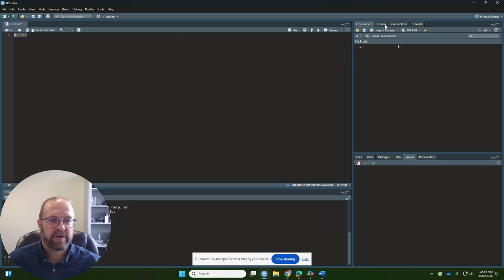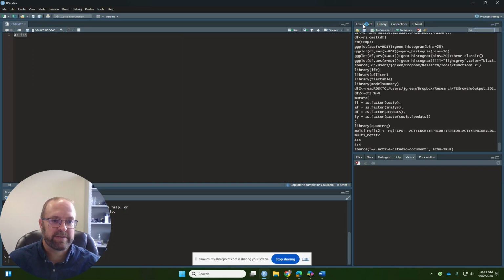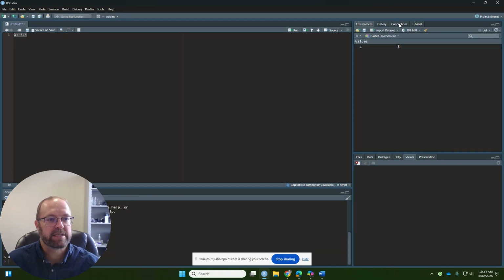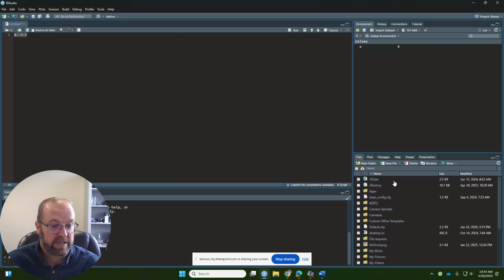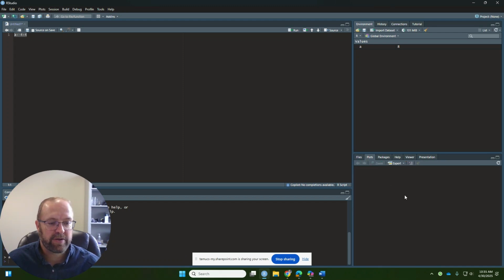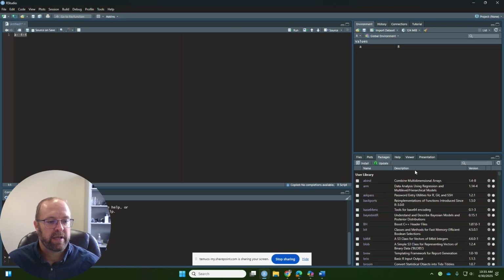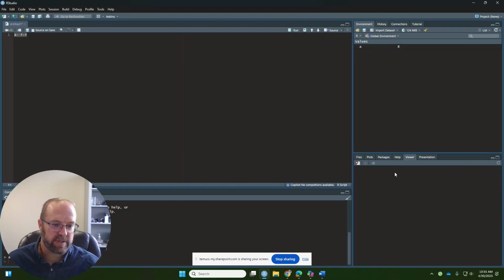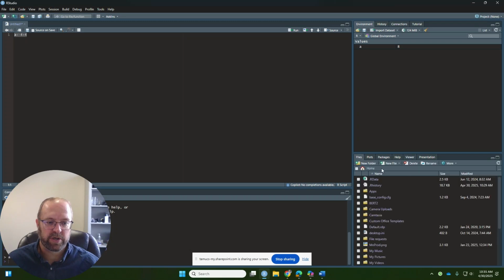We also have a history of the commands we've written. Mine has some history from other things that isn't that important. Then we also have at the bottom files that you can look up in your directory, plots that will come out as we create those plots, which we'll do later, the packages you have installed on your system, and the viewer also, where some output gets put. So we'll work through each of these as we go through the textbook,